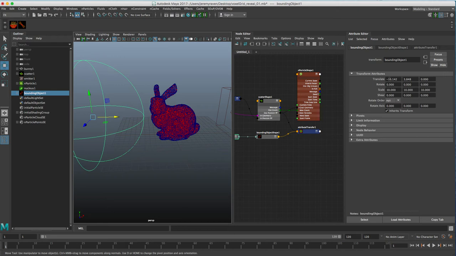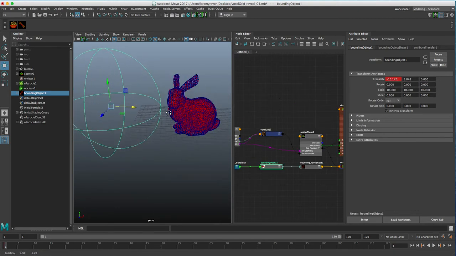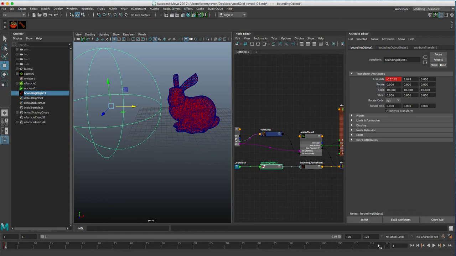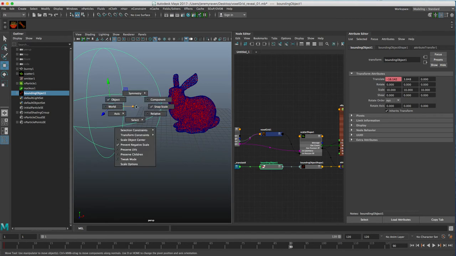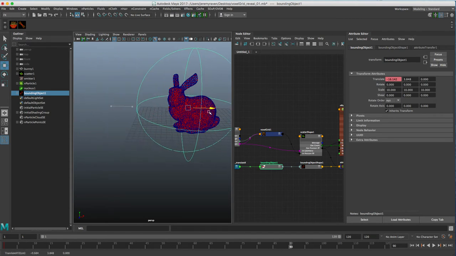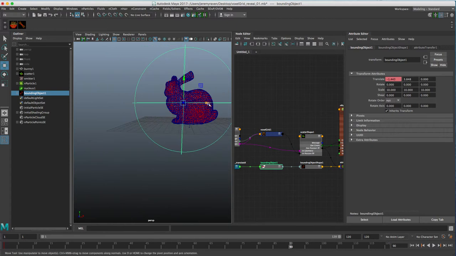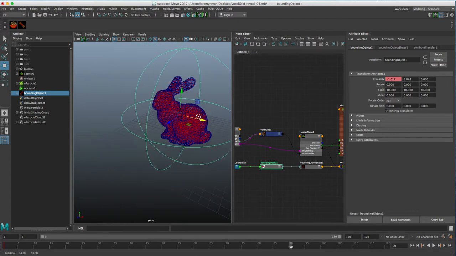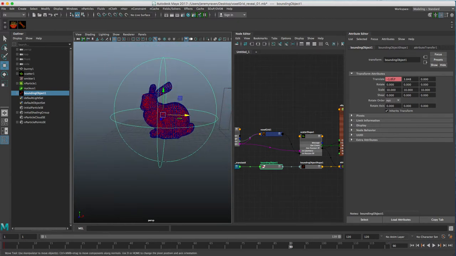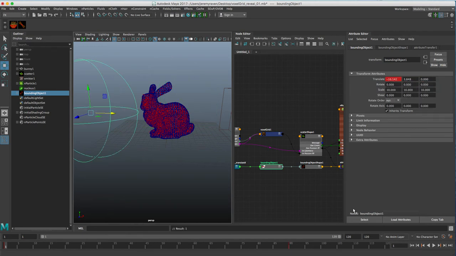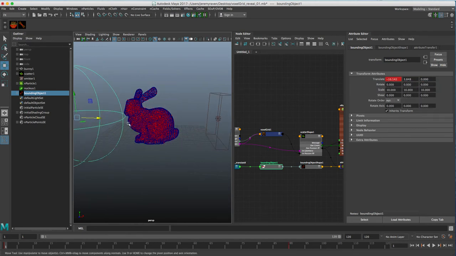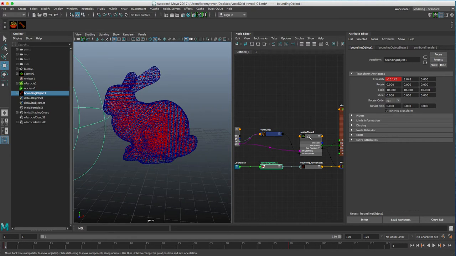Okay, so I think I'll do the translation now. So what we want to do is set a key while the bounding object's away from our mesh, and then let's say go to about 90, and then we want to translate it across so it's inside our mesh. We can key that again. Okay, so we know that that's the goal weight